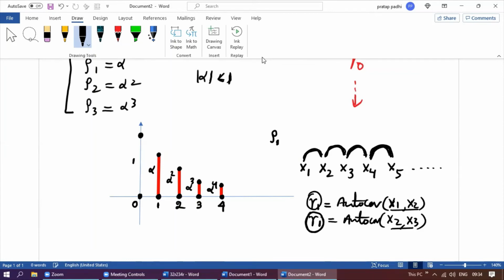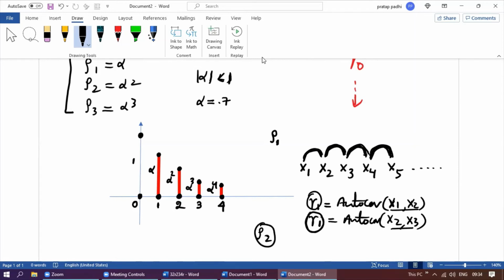So autocorrelation rho 1 means the link between the immediate points, the values. So there is a link, alpha. If you take alpha, suppose 0.7, there is still a 70% link. However, if you take 2 here,